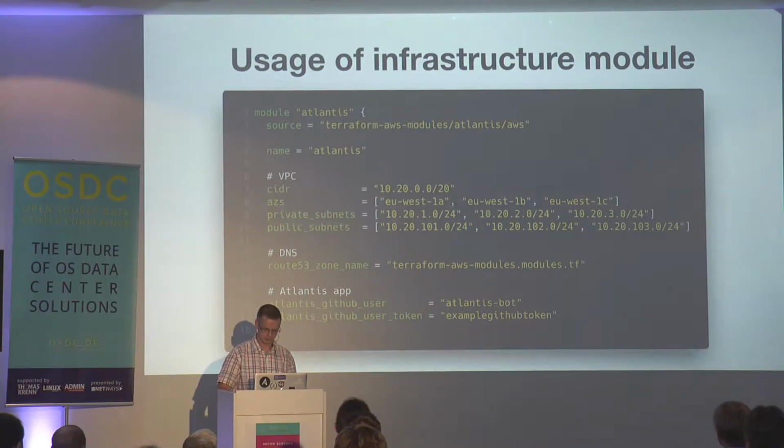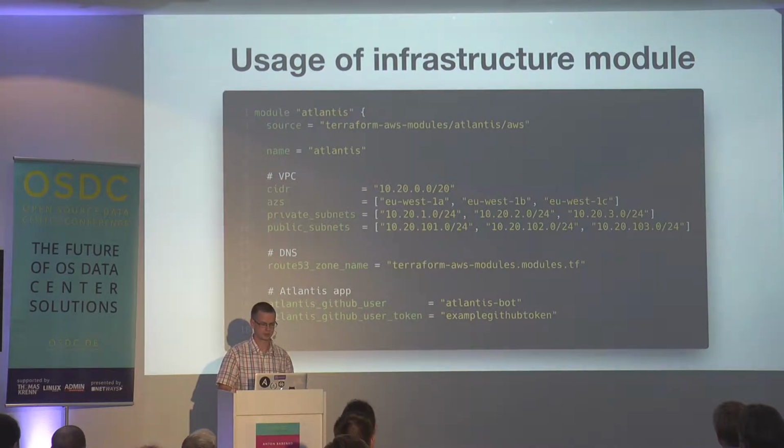And the infrastructure module on this slide shows three different invocations of resource modules to create a VPC, DNS records, and specific settings for the application.